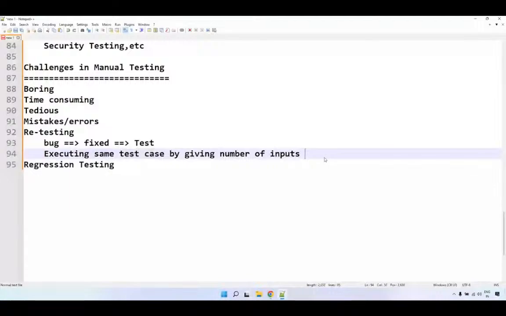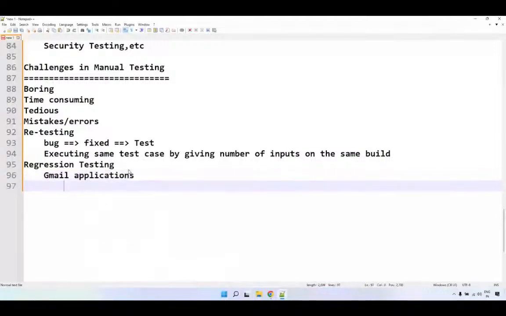So this type of testing is called retesting. When I talk about regression testing, let me make you understand with one example. Let me take a Gmail application. When I talk about this Gmail application, you have different modules like inbox module, spam module,